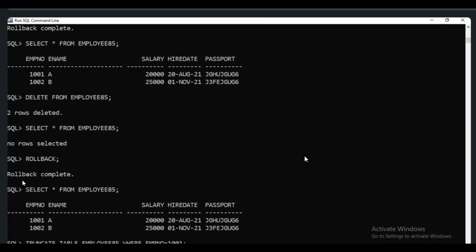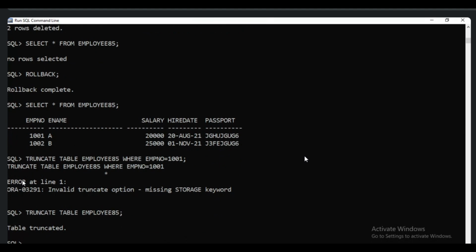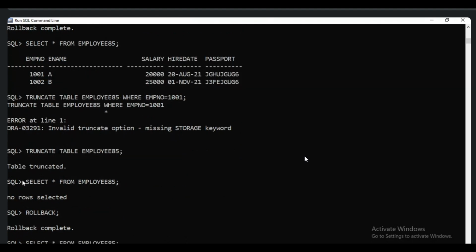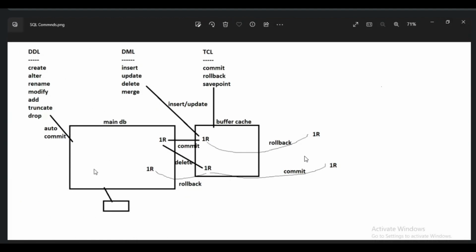It won't interact with the buffer layer. So directly use truncate table name, and the entire data will be truncated. Even rollback we cannot get back, because truncate is auto commit: it automatically commits and removes from the database.